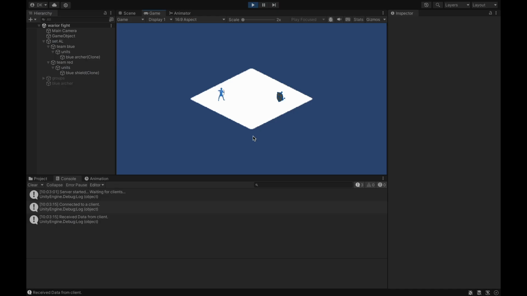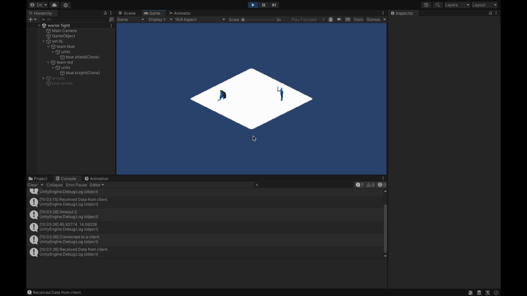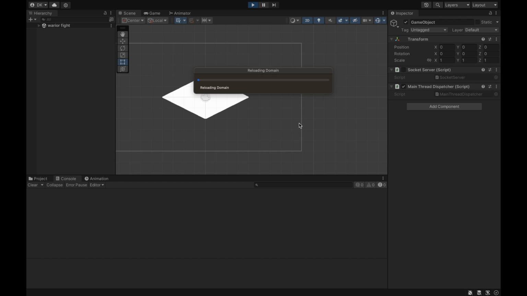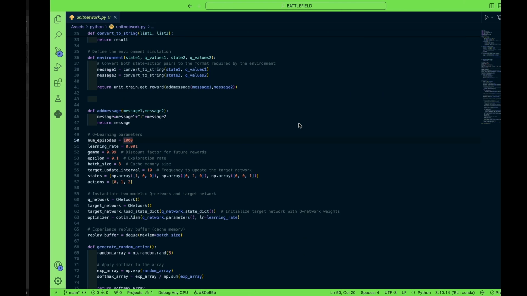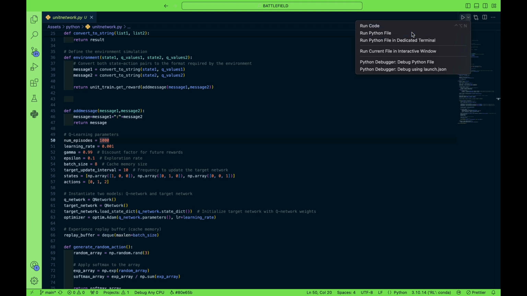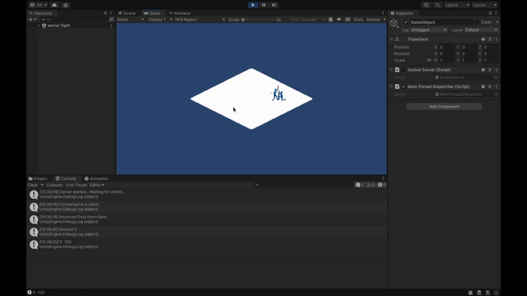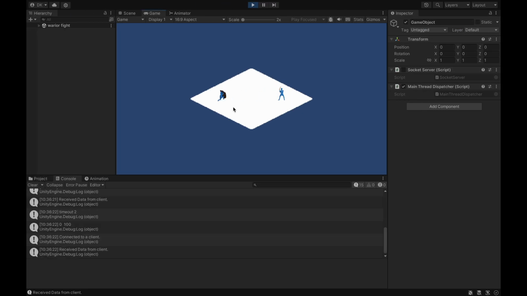But oh boy, I ran into a ton of backpropagation issues. Debugging that mess was a headache. I thought, why not switch to Python? That's when I realized it might be easier to handle all this in a language that is more suitable for AI. I got to work connecting Unity to Python, which let me use PyTorch to train my units. This took some trial and error, but once it clicked, it was like unlocking a new world. Now Unity can talk to my Python script, and I was ready to put the power of neural networks to work.